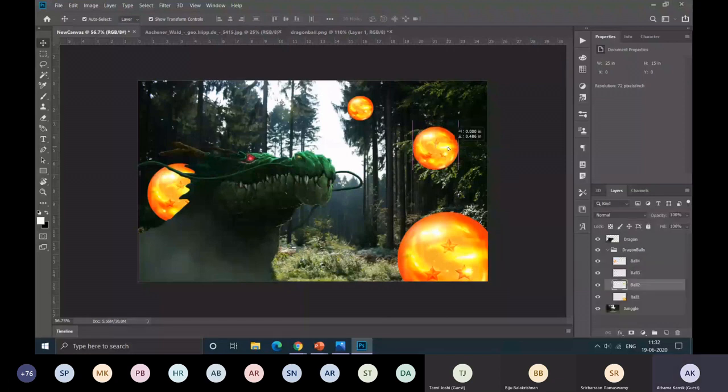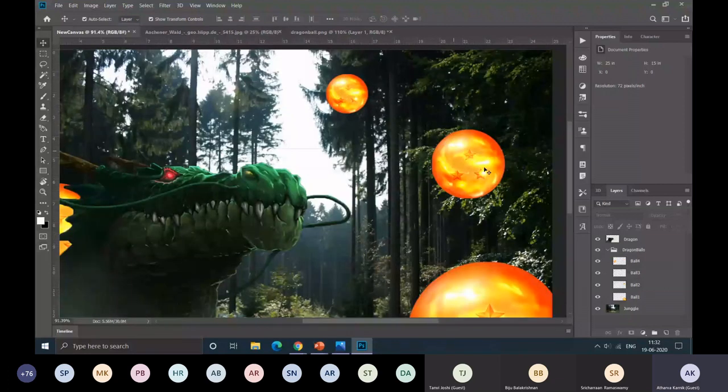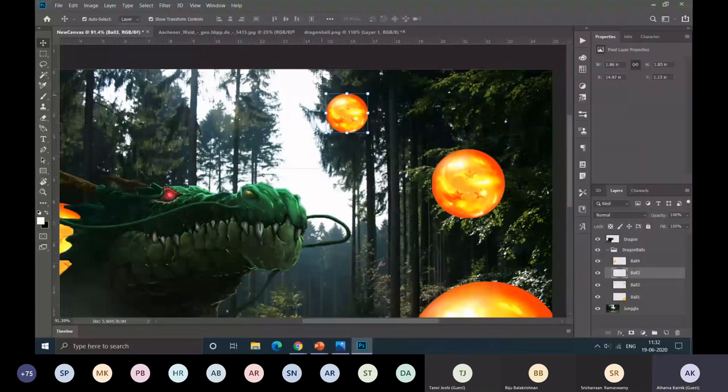Now we'll see another option here provided by Photoshop, the filters. The filters are used to, as the name suggests, filter any layer. So you'll see what it means. So you just click on some layer, say this ball, and we'll try to blur that. To blur, you just select the ball, go to filter menu, and there is blur filter here.